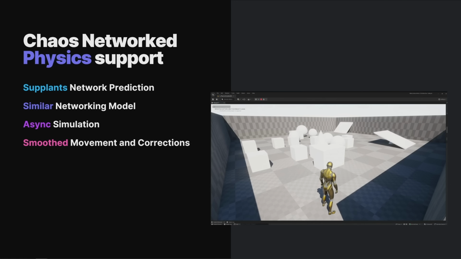Okay, so let's talk a little bit about the physics side of things. First, possibly the most important thing: when we're using Chaos network physics, we are not using the network prediction plugin. It's sort of like we have a switch. You can choose one or the other. You can live in one world or the other. Fortunately, they do have a very similar networking model,